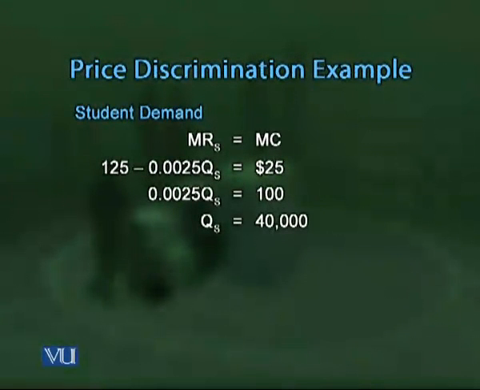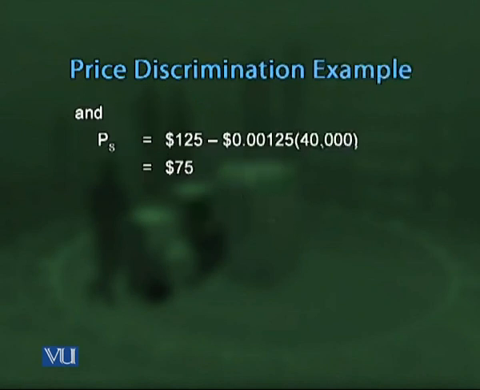Now, looking at the students market, we can see that when we equate the marginal revenue for students, MRS, to MC, we get the quantity which is purchased is 40,000. 40,000 tickets जो है students जो हैं वो इस प्राइस पे परचेज कर रहे हैं, और जो प्राइस है जब हम 40,000 को सब्स्टिट्यूट करेंगे इन प्राइस फंक्शन, we get that the price is only $75 per event or per